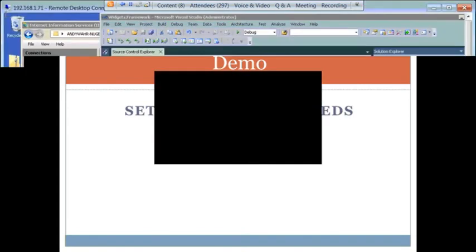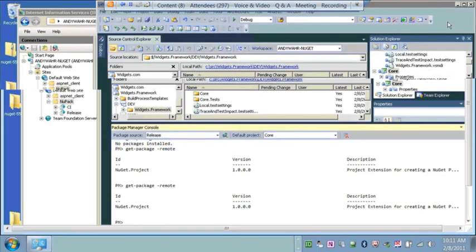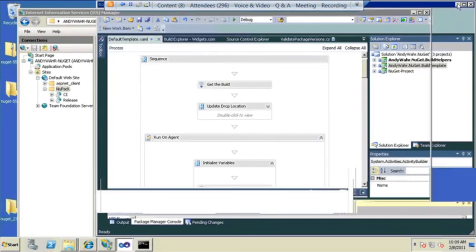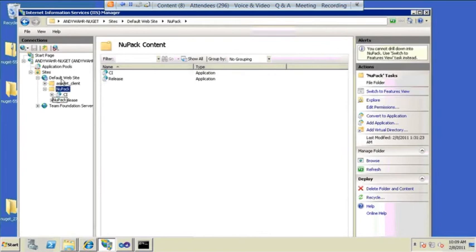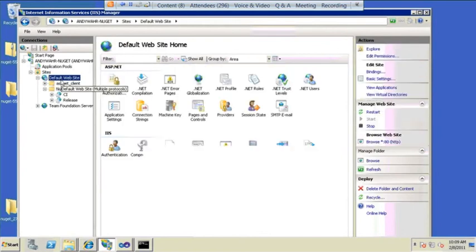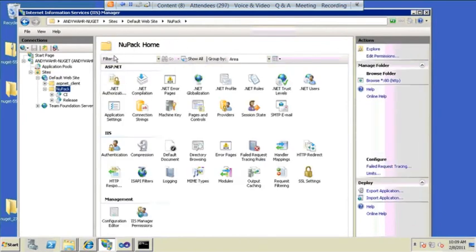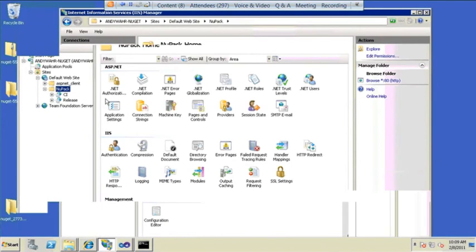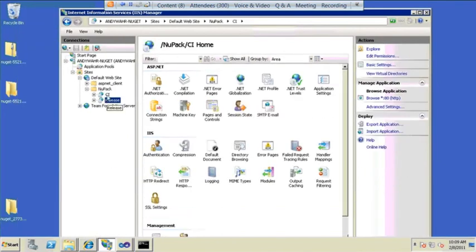So what I have here is just kind of a basic VM, right? I have the infamous default website, and I'm using the old NuPack name, but I've set up two virtual directories here. And primarily today, I don't want to go through and rebuild and push this out, but just to kind of walk you through the process,